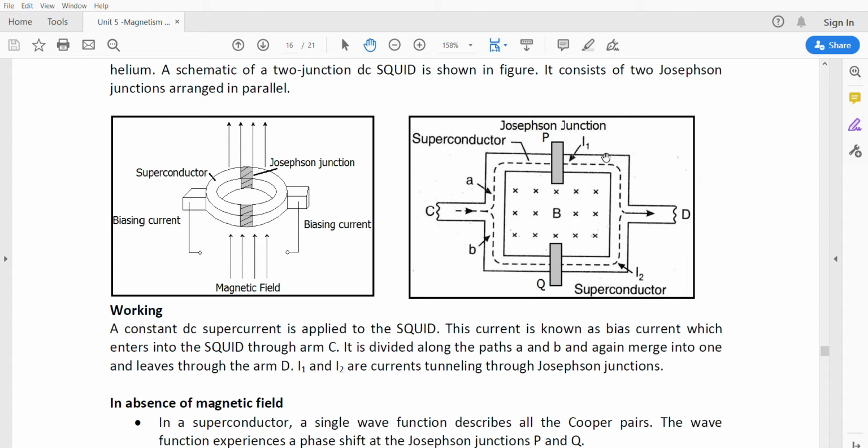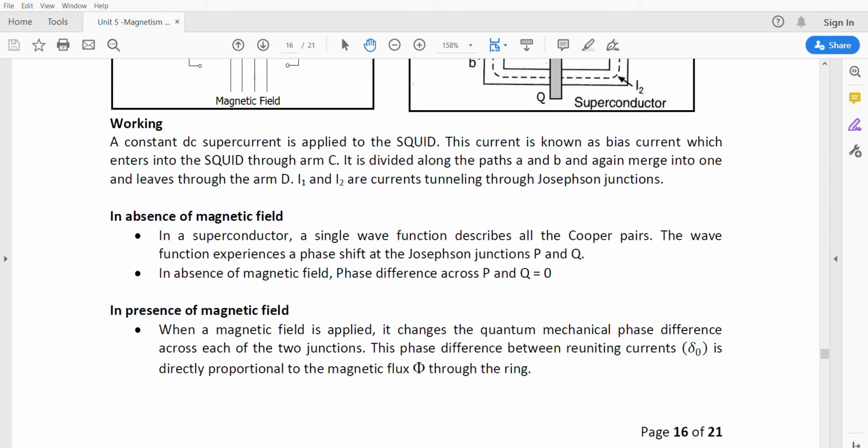The magnetic flux which is developed here depends on the voltage at the points C and D. If you calculate the voltage variations at the points C and D, we can easily calculate the variations in the magnetic flux. By measuring the voltage here at the points C and D, we can easily calculate the changes in the magnetic flux, so that we can easily observe the changes in the material.